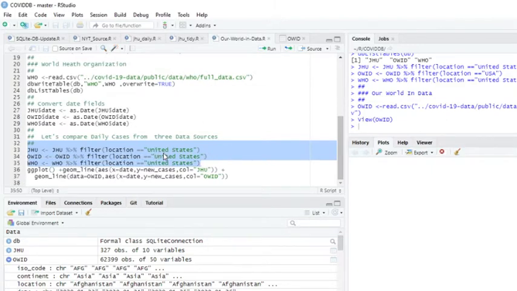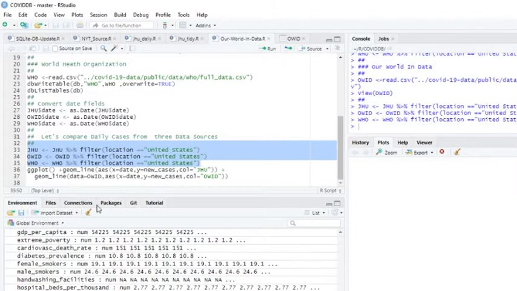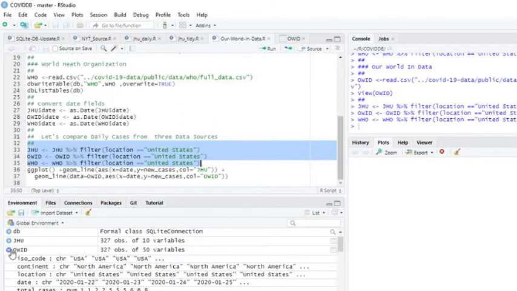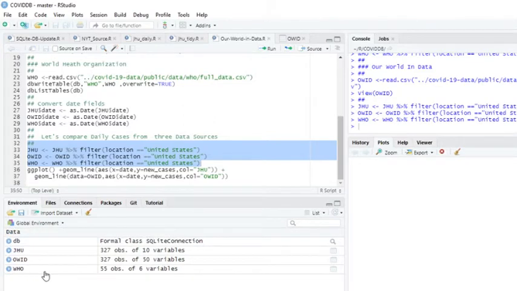I'm pulling all the information with the United States, then I'm overwriting the data frames. That's interesting.